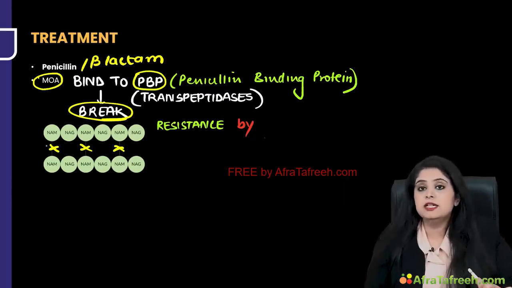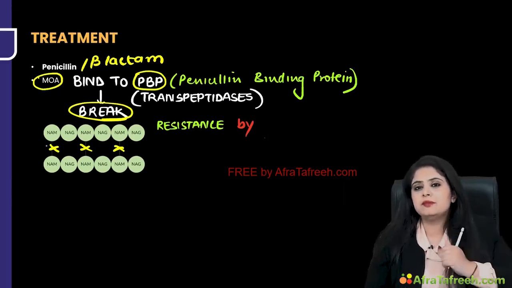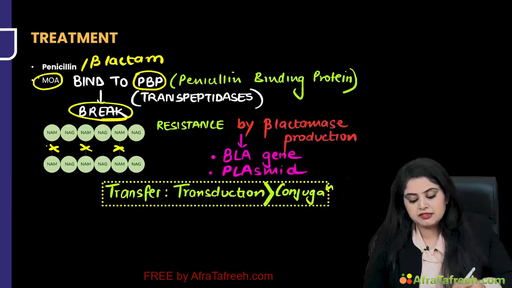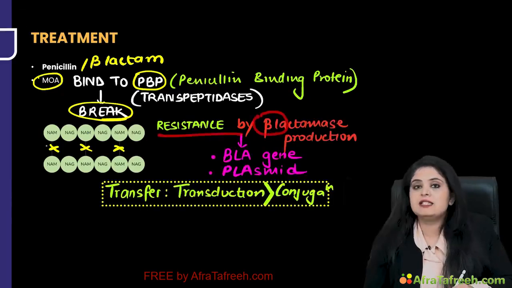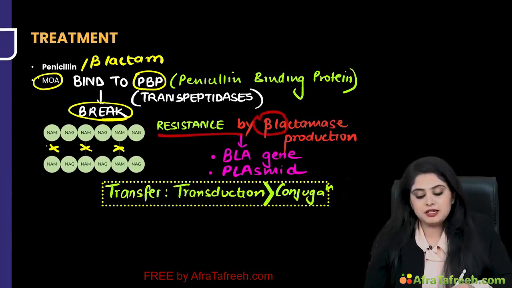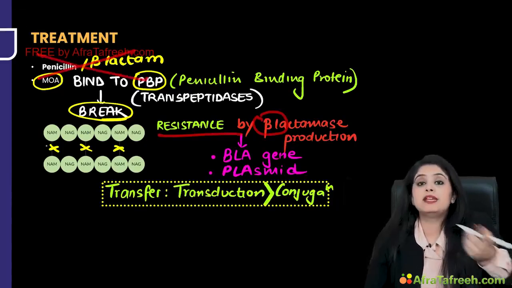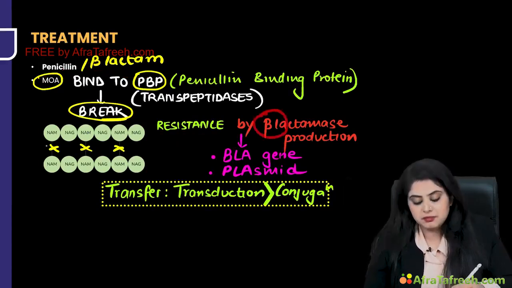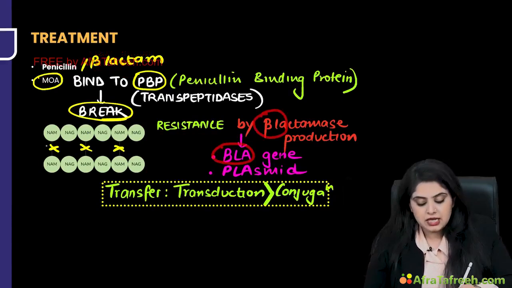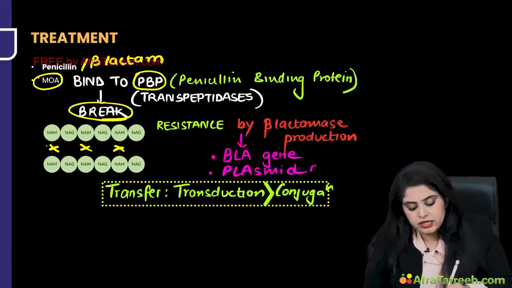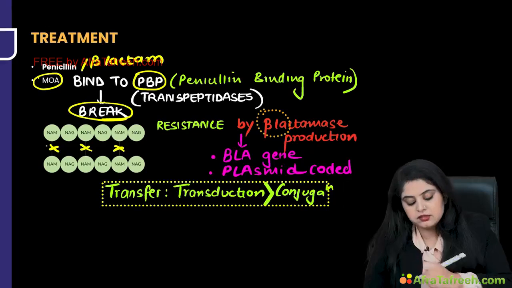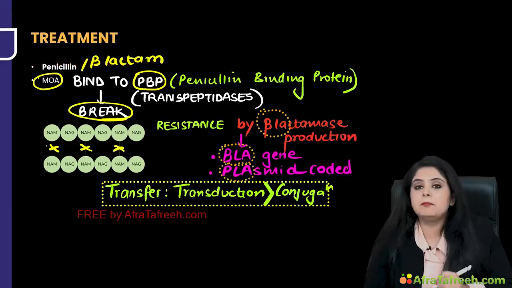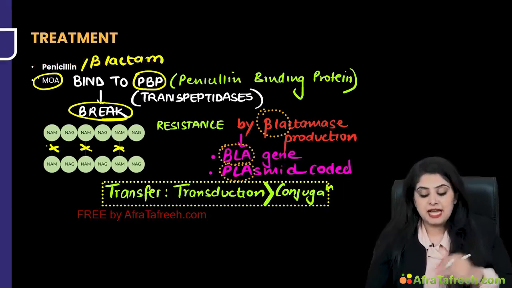break it off. However, there is going to be resistance. Bacteria says, I am smarter. I am going to make something known as beta-lactamase. Bacteria says, I am making beta-lactamase. I will kill this penicillin before the penicillin can kill me. That is what the bacteria is doing. How does it make beta-lactamase? By which gene? By the BLA gene. How is it transmitted? How is it coded? It is plasmid coded. The resistance is by beta-lactamase production, which is by the BLA gene, which is plasmid coded. And how is the plasmid